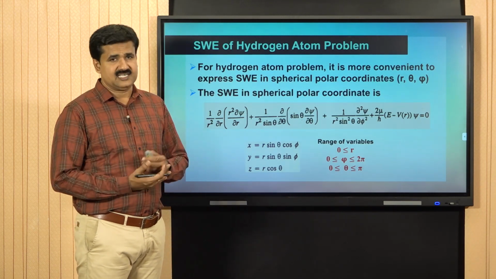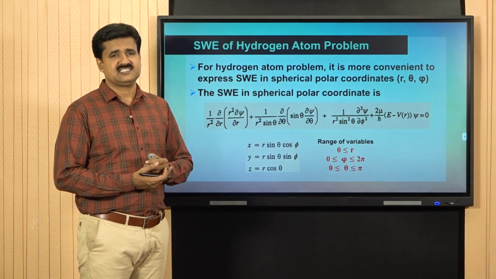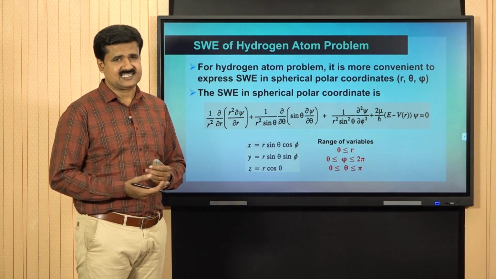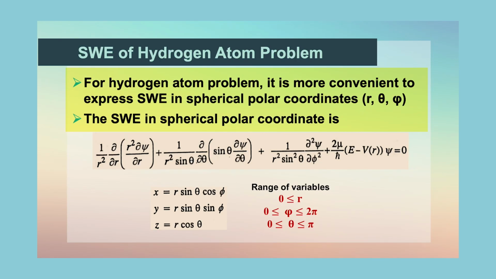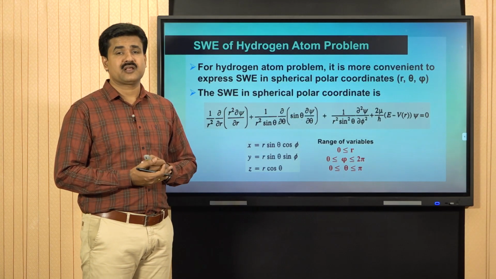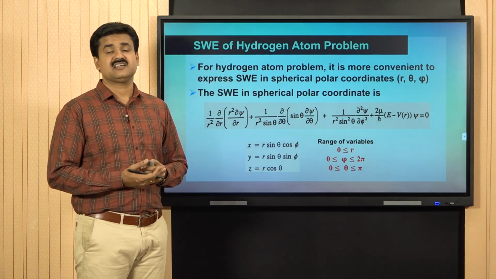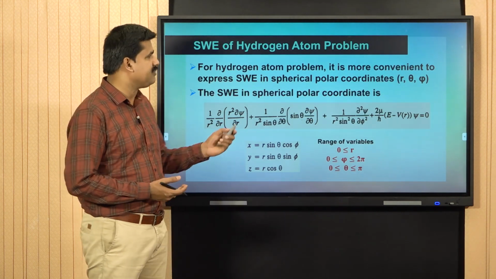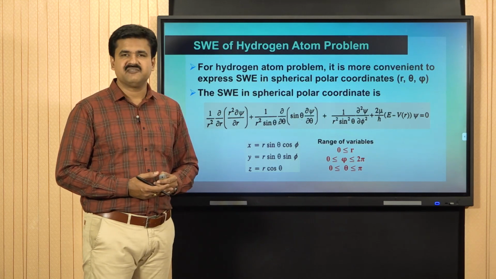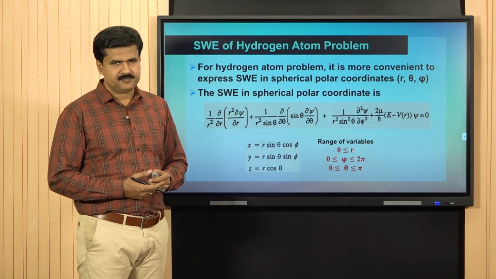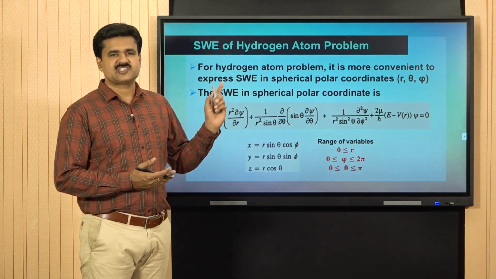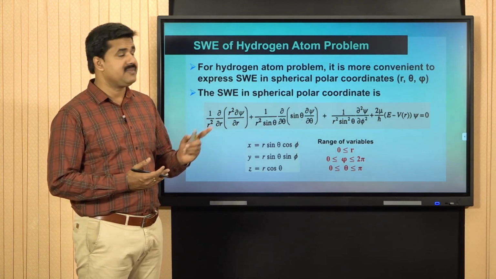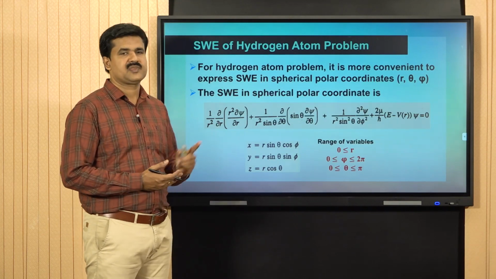It should be noted that for systems like hydrogen, rigid rotator, etc., it is more convenient to express the Schrodinger wave equation in spherical polar coordinates. In spherical polar coordinates, we know that there are three variables, namely the r variable, theta variable and phi variable. Hence, in spherical polar coordinates, the Schrodinger wave equation can be represented like this: